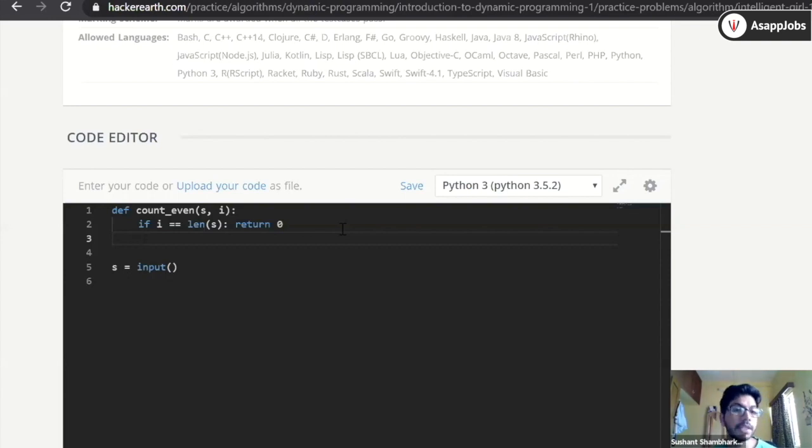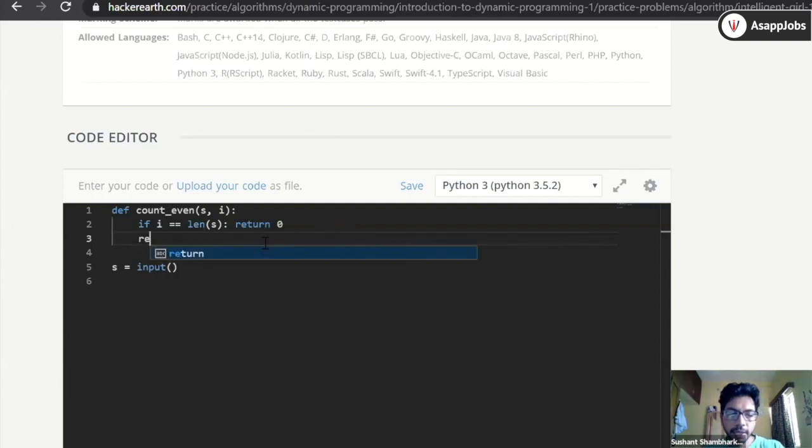If the string only has one letter and I is at 0, you only have to calculate one letter value and you don't have to worry about the remaining string. So just think about that. If there is only one letter in the string, what will be the output? Either output can be a 0 or 1, depending on whether that number is even or not, right?